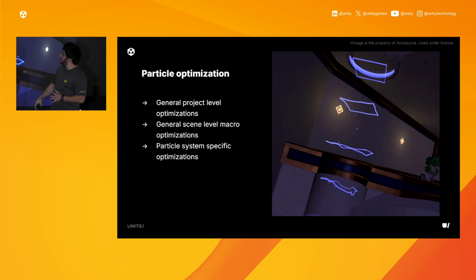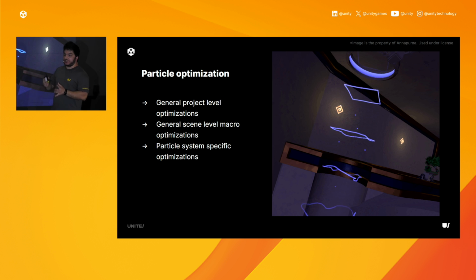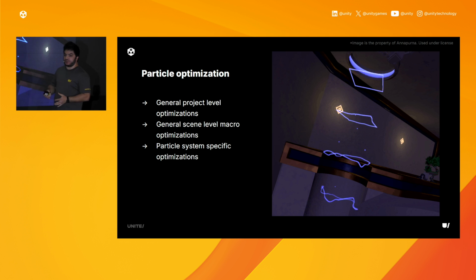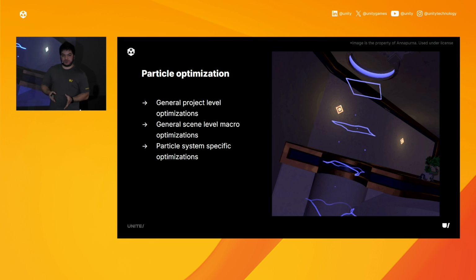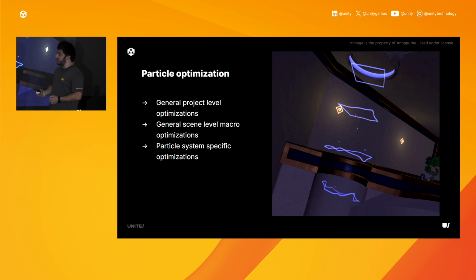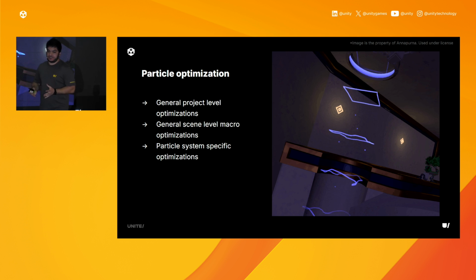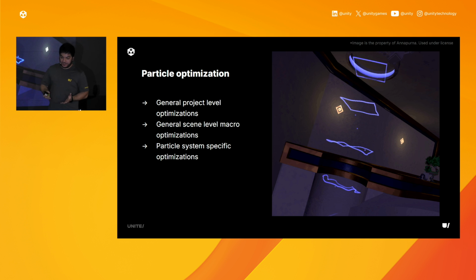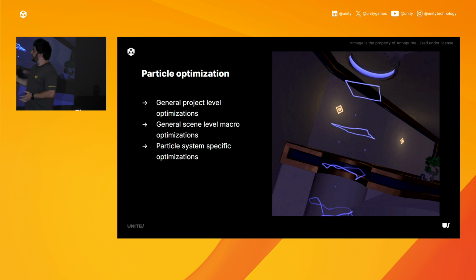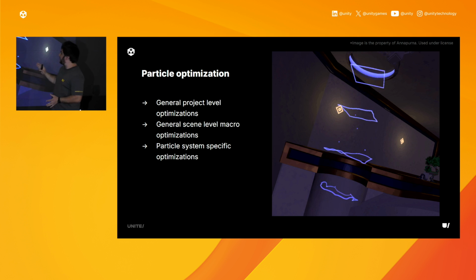Next is the particle optimization. This is another piece of the reduction pipeline that runs automatically, and it was another one intended to help GPU performance. One of the great things about this is when using the Shuriken system in Unity, all these optimizations benefit the CPU as well. So the 3 tiers of optimizations that I like to think of that we did here